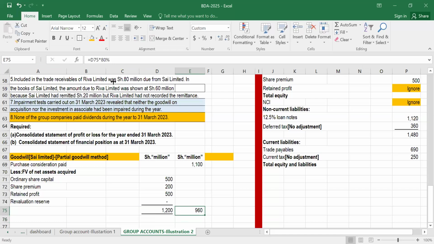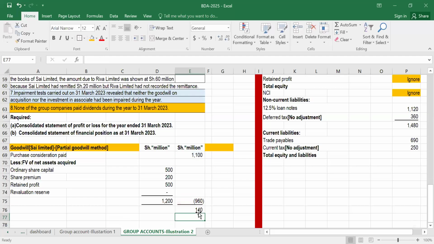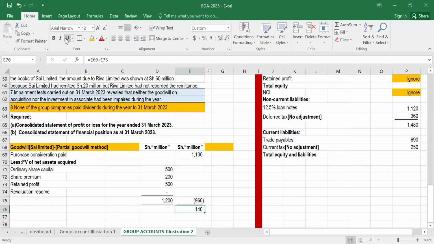Which will be 960. So basically now, let me make this one negative by multiplying it with negative 1, like that. Yes, because I need to deduct that from the figure which is up there. So this one will be equal to this minus this. Let me type plus, because if I type negative, it will be negative and negative, which will become a positive. So the goodwill on acquisition, therefore, is